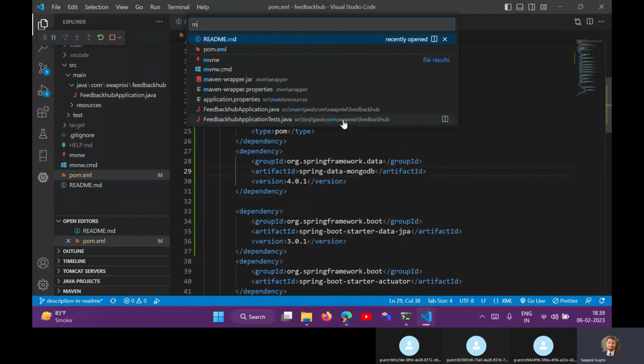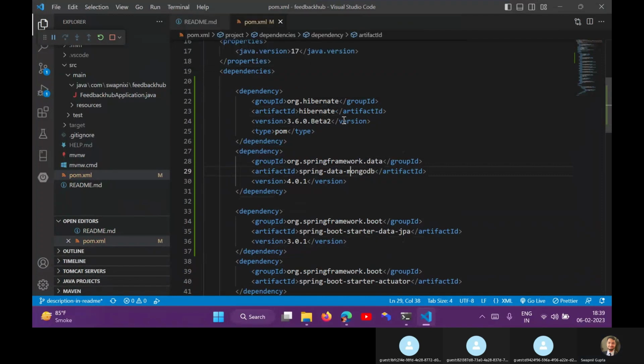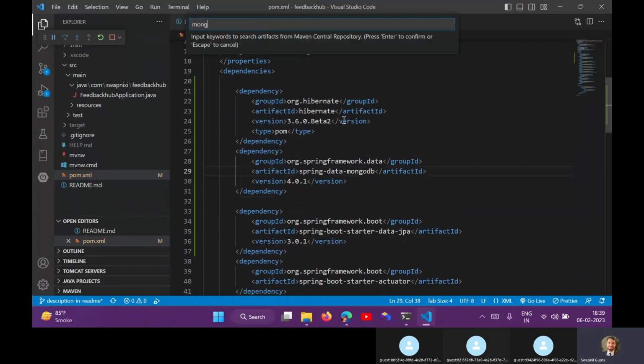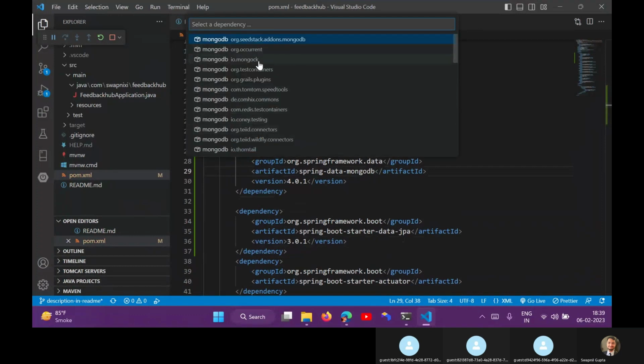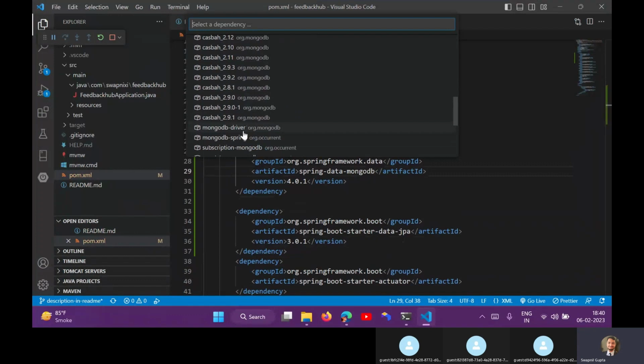You can add the dependency directly from here. If you are using Visual Studio Code, you have certain advantages. Add a dependency, MongoDB. You have to choose exactly which MongoDB you want, look into that, and select your version, right?